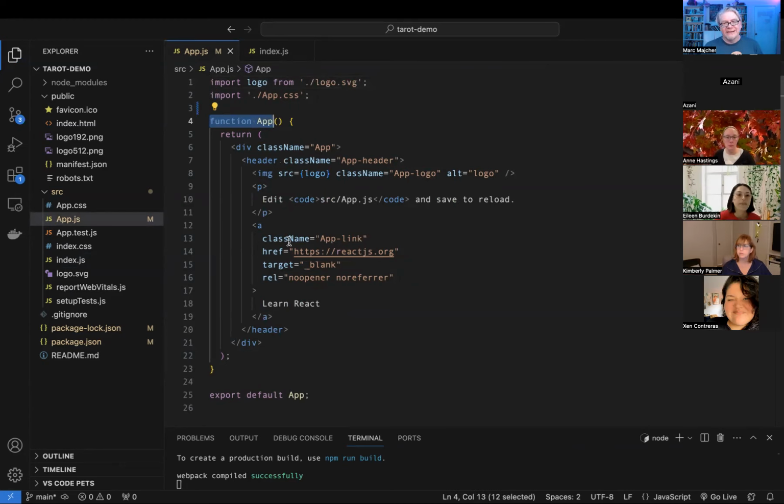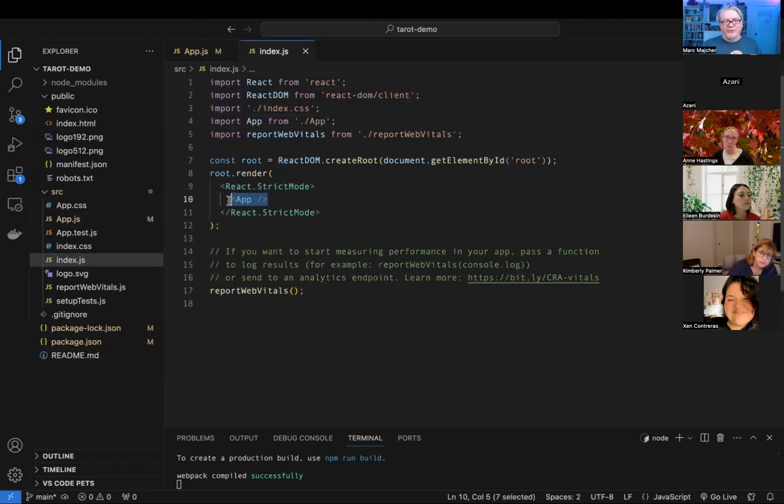So anytime you see something in angle brackets in JSX, it's a function. What about these? What about header, div, image? Those are actually functions as well, but those are built-in ones. So under the hood, they look like function div, do div stuff here, function p, do p stuff there, and that return HTML. So at the end of it, your index.js is rendering out a bunch of functions that at the end of that whole rendering process will return a string of HTML that gets smacked into your page,